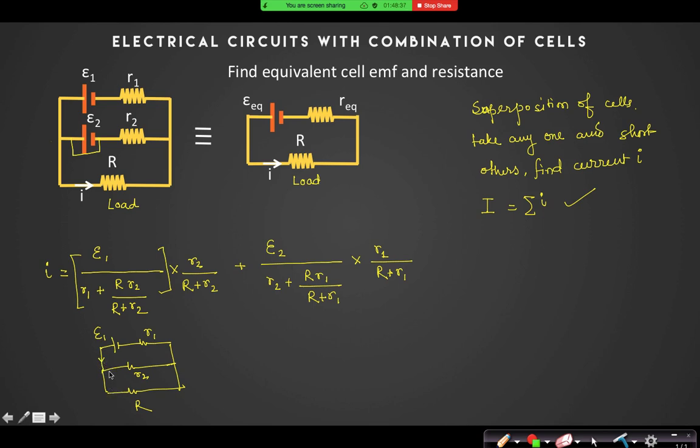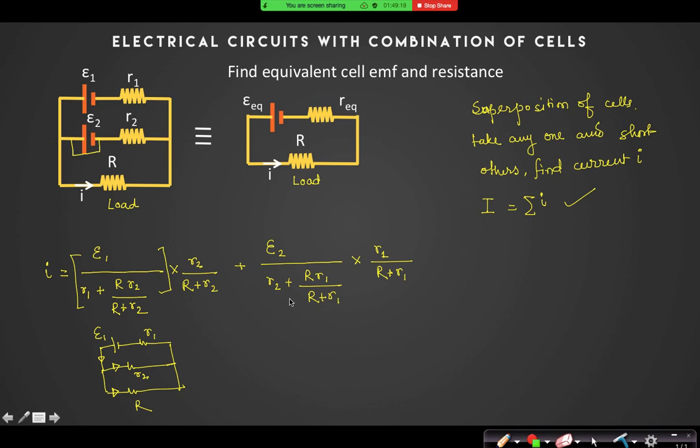But this current, I do not have to find this current, I have to find this current. Can you see that this current is actually divided in these two parallel resistors in their reverse ratio? Have we seen that earlier? Yes, sir. So if it is R2 and capital R, then this capital R will carry R2 part of the total current. So can I say it is R2 divided by R plus R2 of this total current? Everyone should understand that.